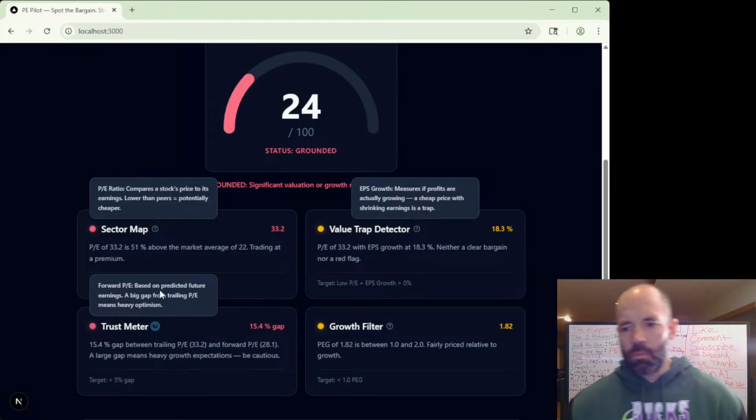So yeah, the trust meter, I feel like that is still not a good explanation for beginners to understand. It should say like